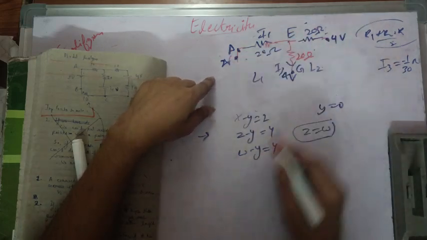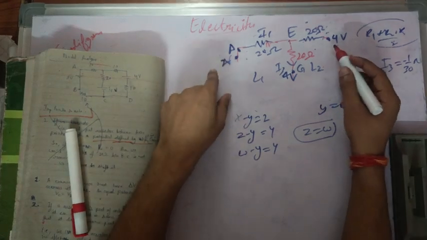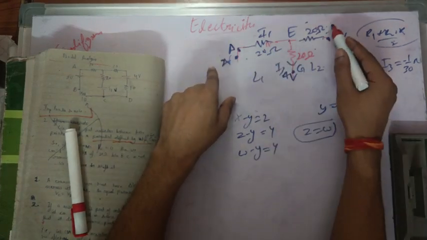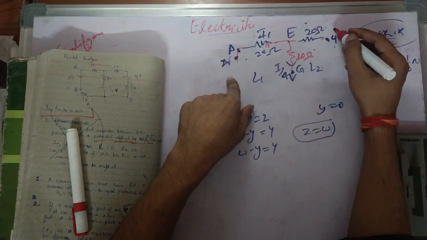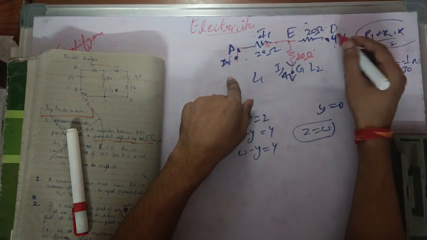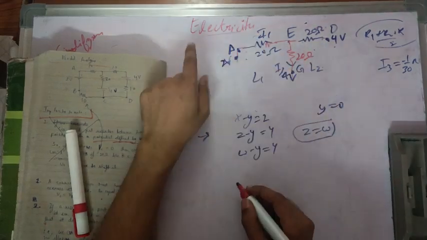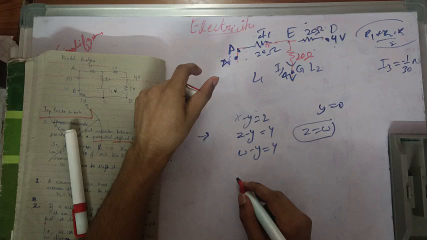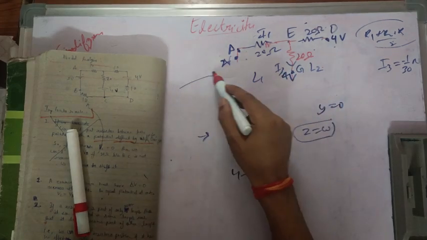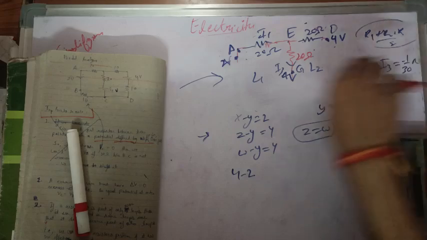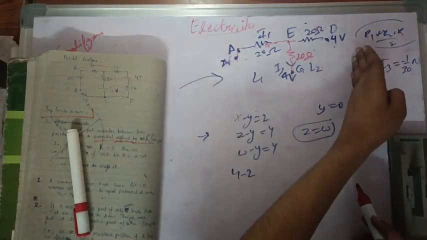The potential drop from this, let's say this is G point and this is D point. So the potential difference between these two is, let's say, 4 minus 2. I am taking the potential drop in this direction. So this is the final, this is the initial,